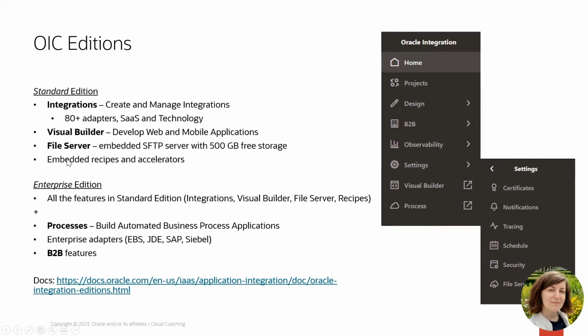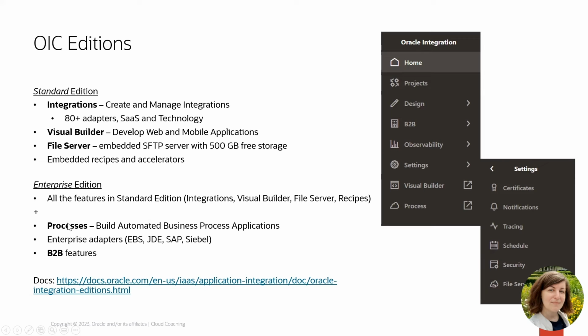Recipes and accelerators are also available with the standard edition. The Enterprise edition includes all the features available in standard edition, and additionally, processes to build automated business process applications, the 4 enterprise adapters for on-premise applications, EBS, JD Edwards, SAP, and Siebel, and the B2B features for implementing document exchange with trading partners.